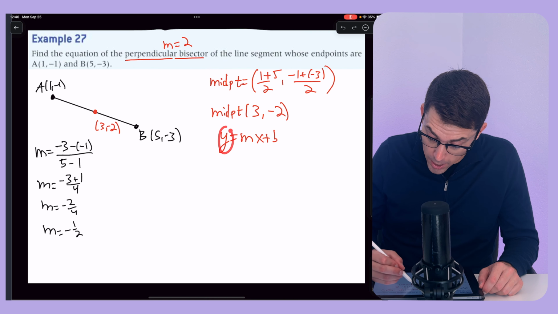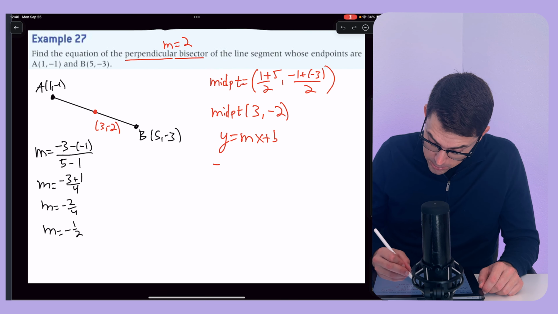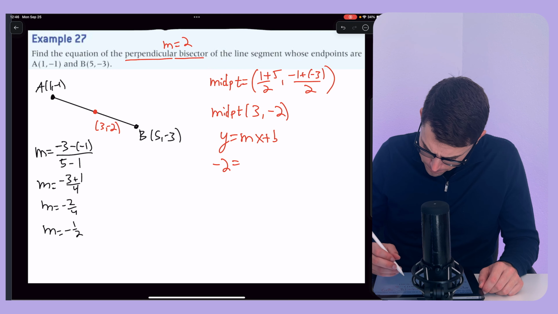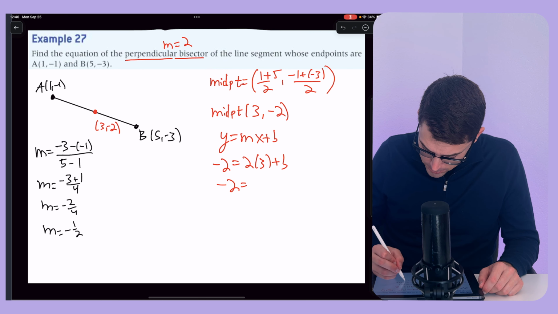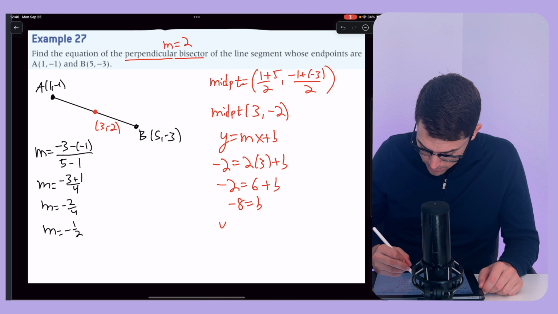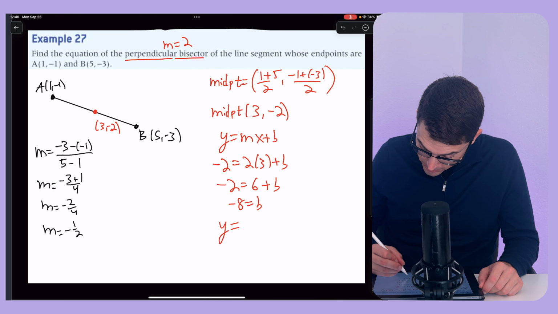I know that my y is going to be -2, and my 3 will be in for x. So let's just go ahead and plug in those values. Plus b, that'll give me -2 is equal to 6 plus b. That'll give me -8 is equal to b, meaning the equation of my perpendicular bisector is going to be 2x